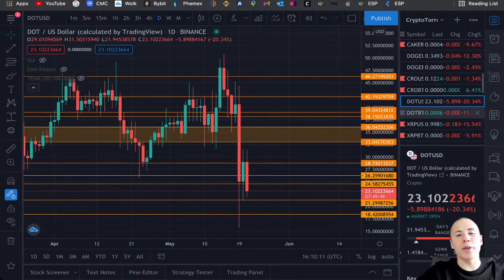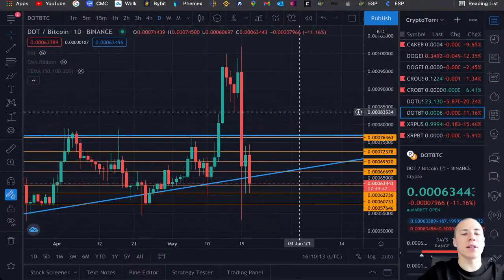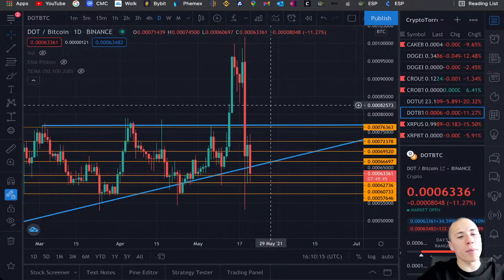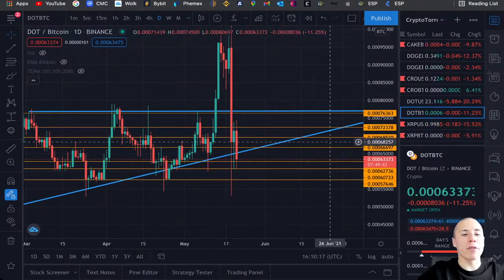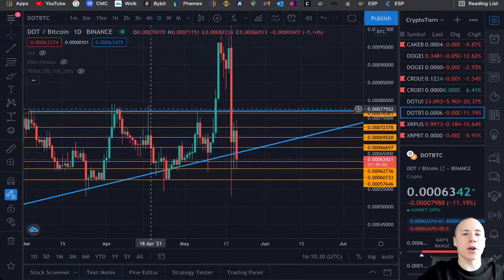So this is DOT compared to the US dollar, and I will be heading further towards the DOT compared to Bitcoin chart. But before going even further and taking a look at the Bitcoin chart, I wanted to let you know, guys,